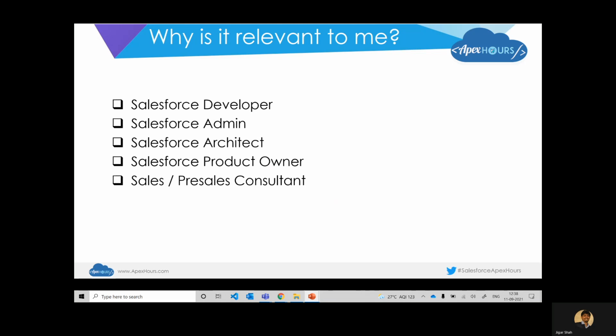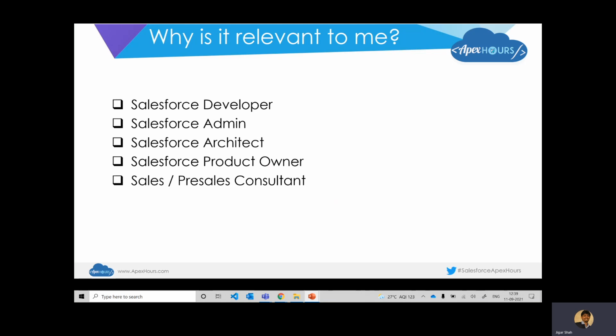Technology people often ask why it is relevant to them, because their job is to code, or architect, or build out declarative tools or maintain the system. Well, the answer lies much deeper than that. Even while playing this role, while you code or maintain the system, or build features using declarative artifacts or architect solutions, it is important to understand that you are building this out for only one person, and that's the customer or the client, right?